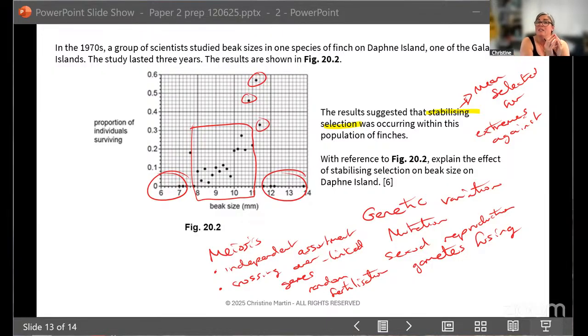They've got the ideas that they want, they've got the key science that they're expecting, but you'll see allow this, do not allow that, allow this, do not allow that. And that's because they have looked at what a lot of you have written and gone, actually, yeah, do you know what? We didn't have that as the set mark, but we will allow it. Or, do you know what? We won't allow that because it doesn't make sense. It's not true. It's not the correct science.